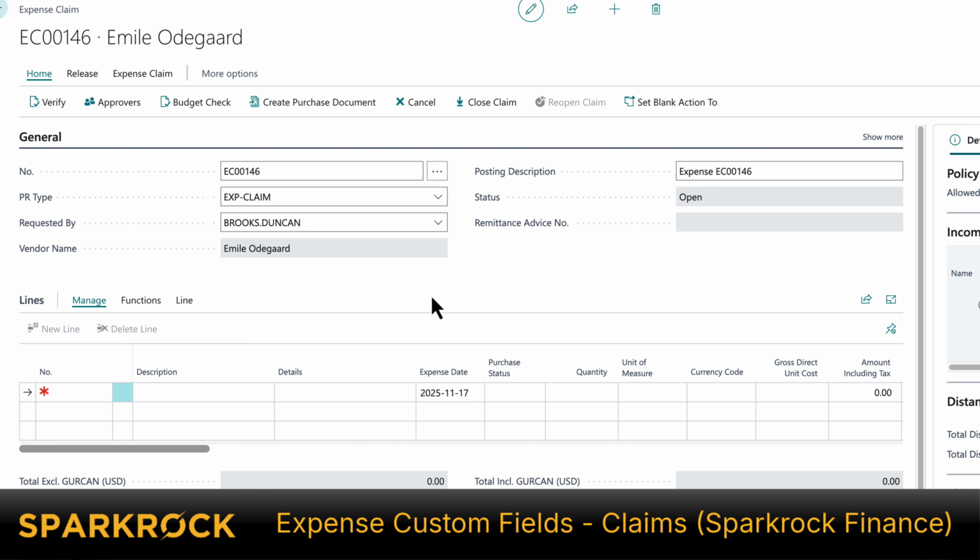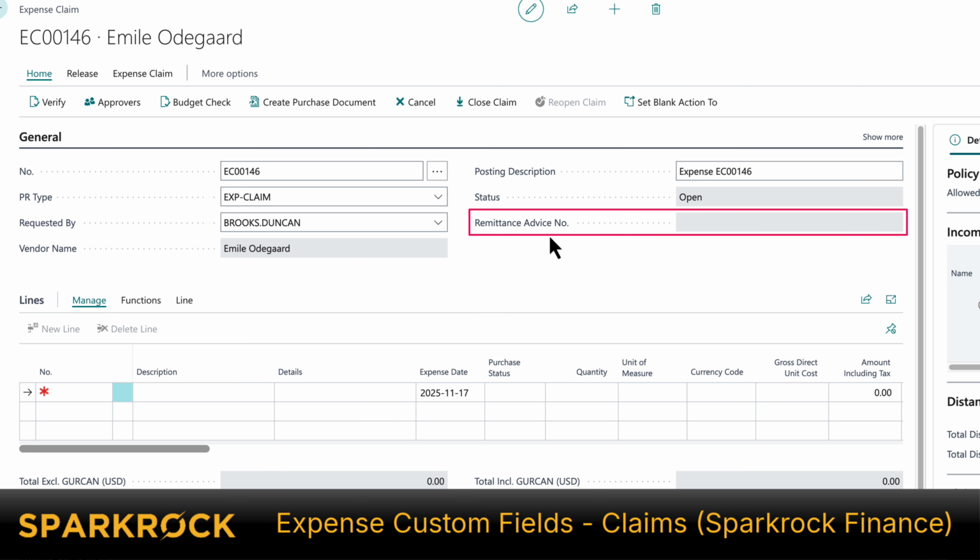Before we get into the custom fields, one thing I'll note is there's a new remittance advice number field. This is something that's also added with this release. This gets populated when the expense claim is paid so that employees can see which claims are associated with a